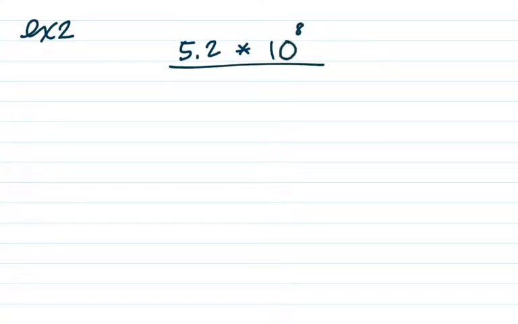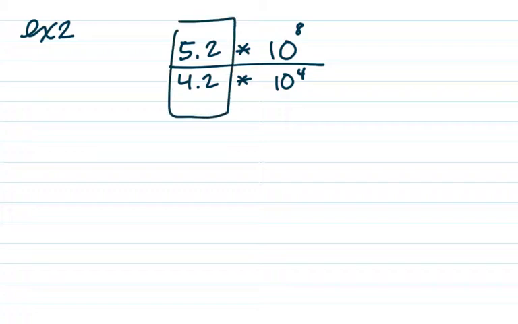Okay, on to a division example. Example 2, say we had 5.2 times 10 to the 8th, and let's do 4.2 times 10 to the 4th. This is going to be very, very similar. What we're going to do is divide these numbers and these numbers. So I have 5.2 divided by 4.2. That turns out to be